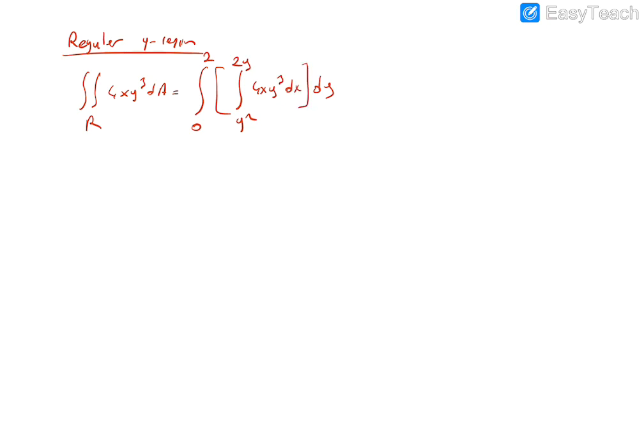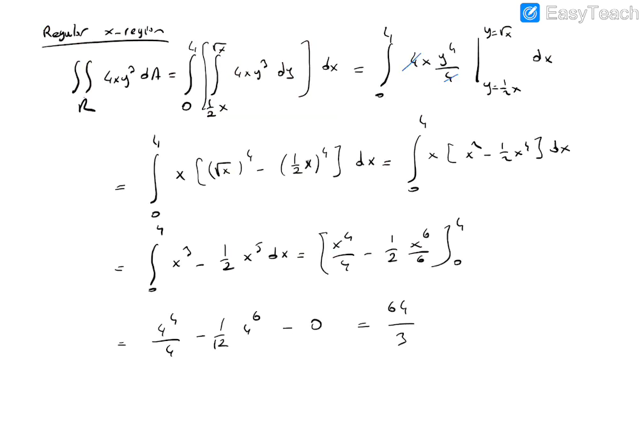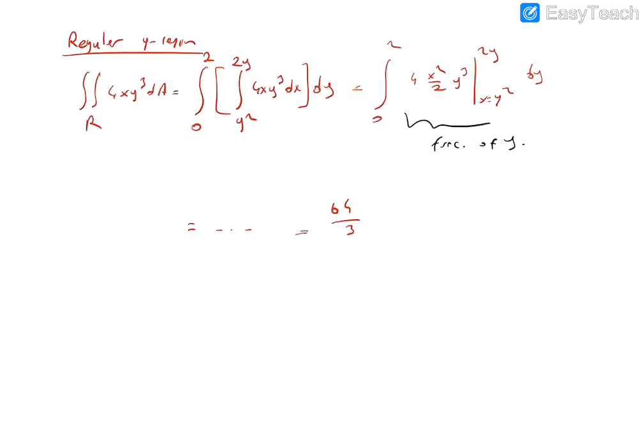First of all, you should integrate in terms of x. Then, by calculating the difference, actually this is 4x squared over 2 times y cubed, and x changes from y squared to 2y, dy. So you can calculate this term. This is a function of y. So by integrating that in terms of y, you can calculate your value. And after all this calculation, you will find the same value, which is 64 over 3. So in this way, you can calculate your double integral.